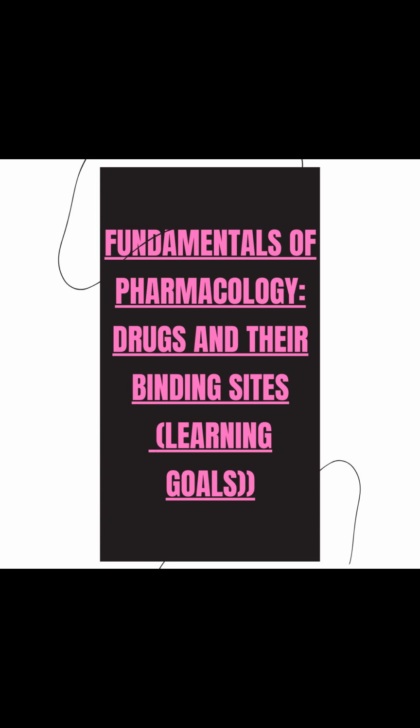2. Ionic interactions. Ionic interactions, also known as electrostatic interactions, involve the attraction between positively and negatively charged ions. In the context of drug-receptor interactions, this can occur when charged groups in the drug molecule, such as ammonium or carboxylate groups, interact with oppositely charged residues on the receptor. Ionic interactions can contribute to strong binding but may also lack specificity due to the prevalence of charged groups in biological molecules.